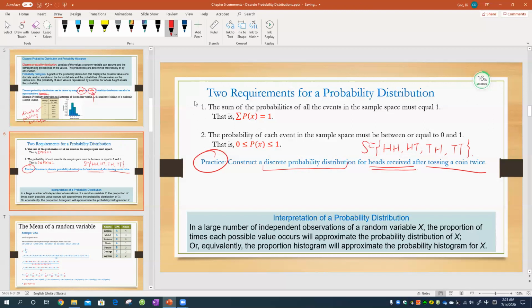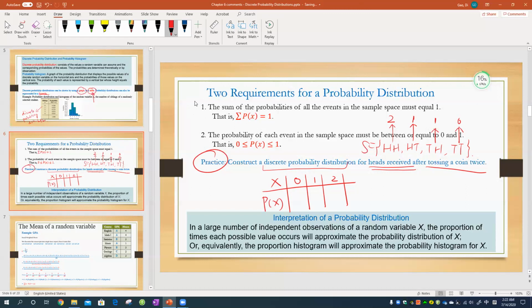So from the first outcome, we have 2 heads. And then for the second one, head and tail, we have 1. And then we have 1, we have 0. So 2, 1, 1, 0. The possible values of heads received will be 0, 1, 2. So if we use x to represent that random variable of heads received after tossing a coin twice, we could have no heads, which is 0, 1 head, and 2 heads. And we're going to write down the probability of all the